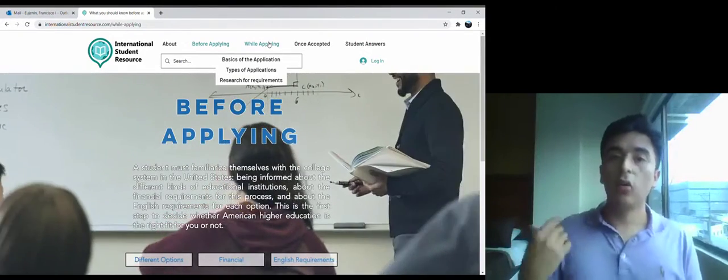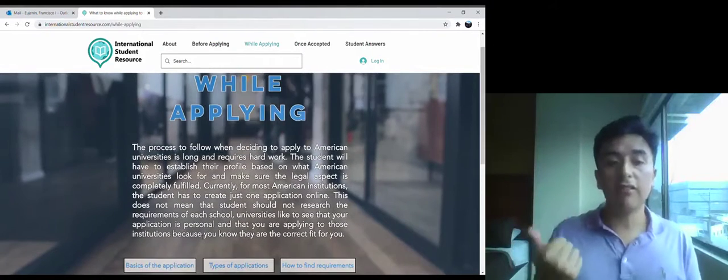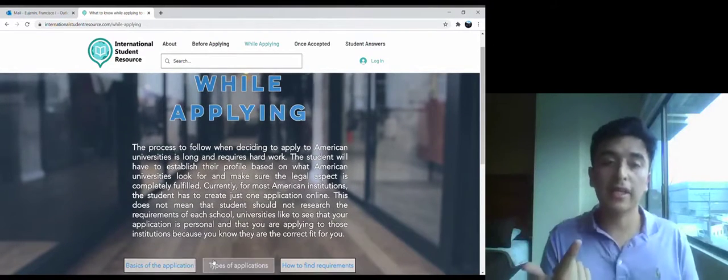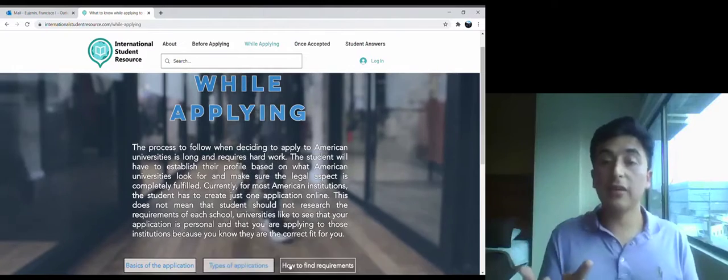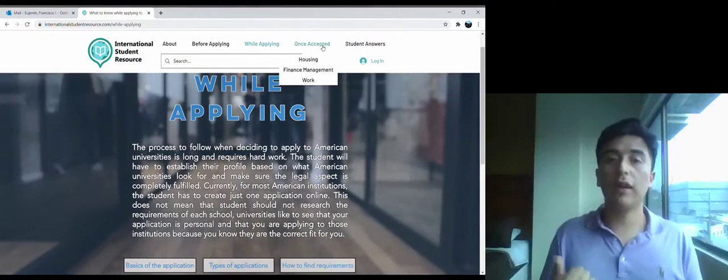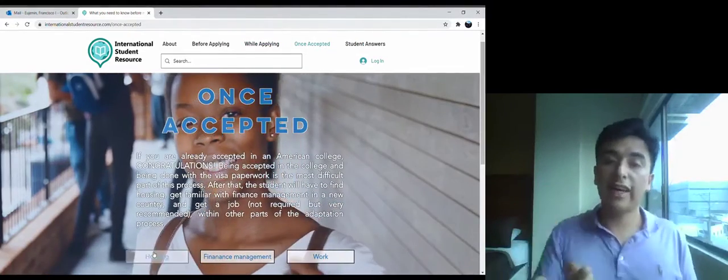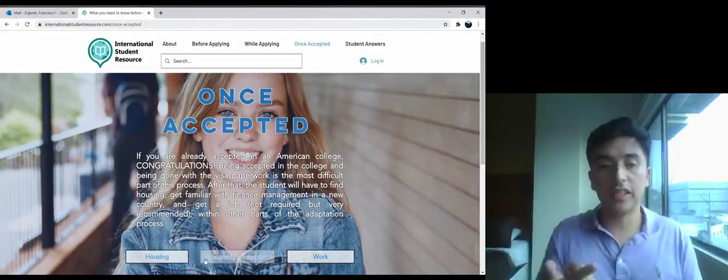Then, while applying, 3 tabs as well. We have the basics of the application process, the types of applications in the US, and how to find the requirements for the schools that you want to go to. And then we have once accepted. Also 3 tabs: housing, finance management in a new country with a new currency, new prices, and how to work